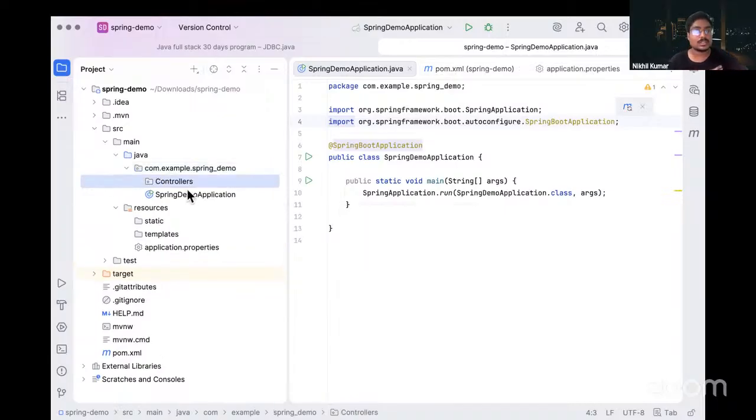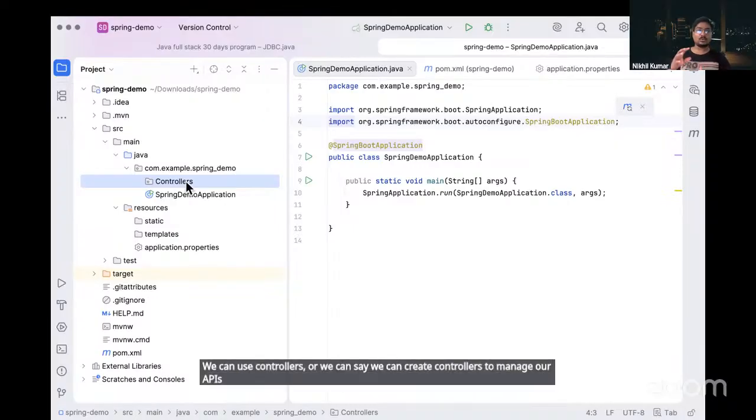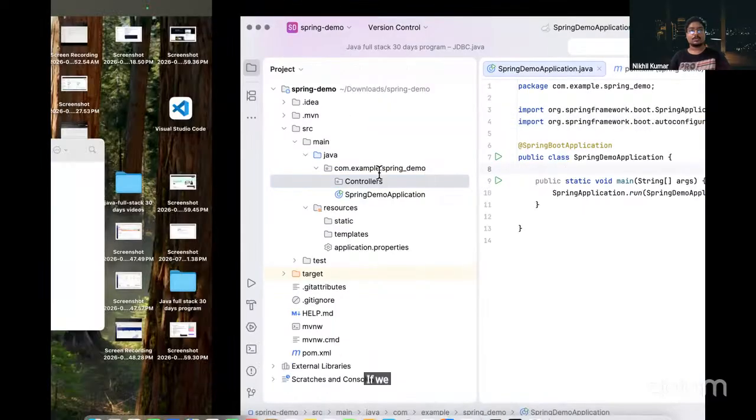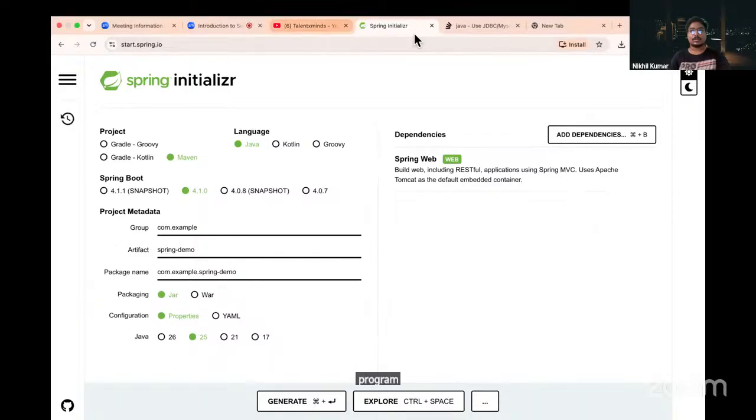Controllers are what we can create to manage our APIs, or to create endpoints for our application. For example, if we go to our program here,